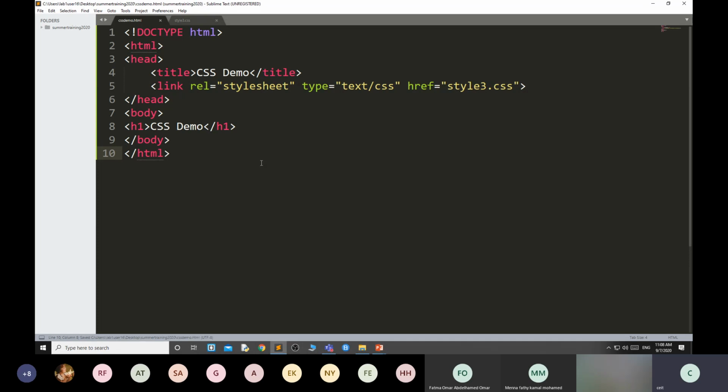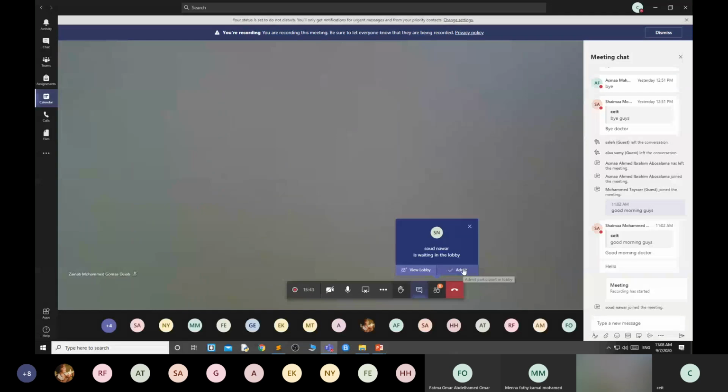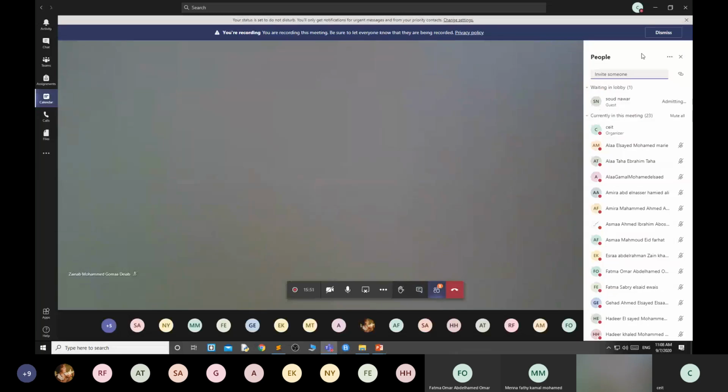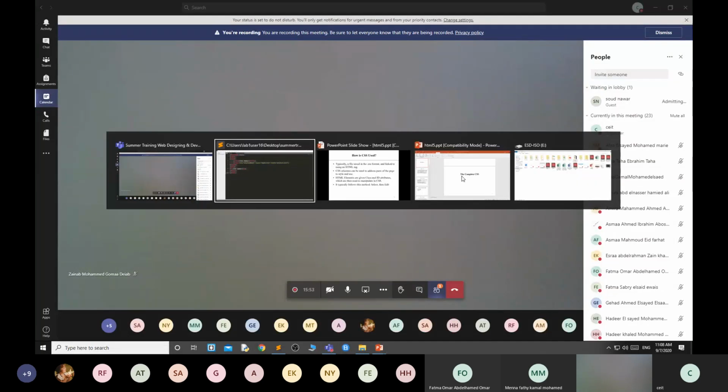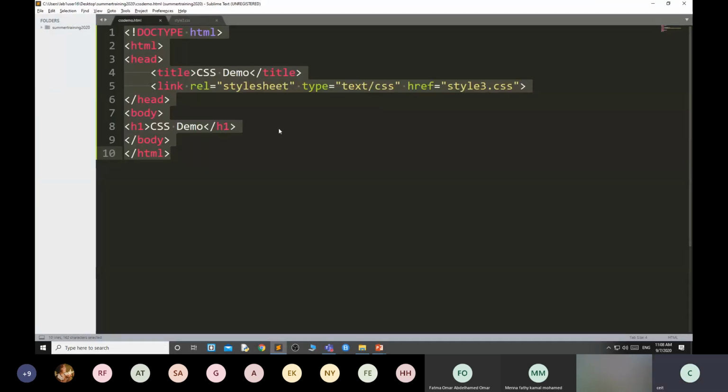Now I want to style this web page. Then I have to use a selector. Without the selector, I cannot style this web page. What is a selector?